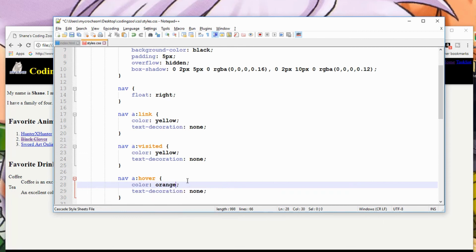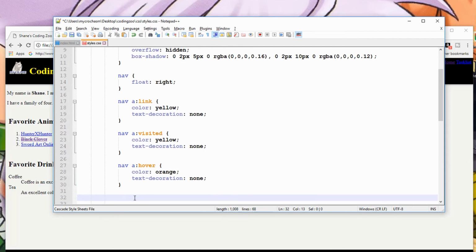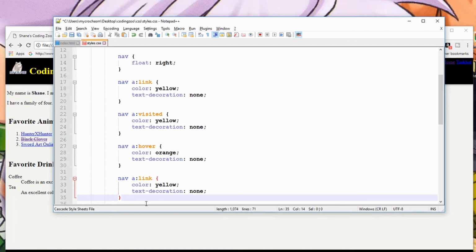And let's go create one more. I'm going to add a couple lines underneath that nav a hover. And again, we still have that nav a link in our copy buffer. I'm going to press Control V or right click and choose paste. And now I have the nav link again. I'm going to get rid of the word link and I'm going to choose the word